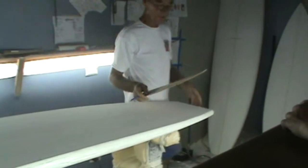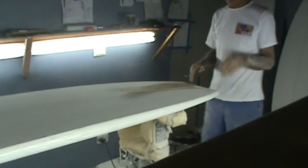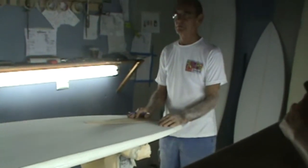Once a rounded pintail, there's a lot of conversation about the tail shape. There's all this other stuff that makes it a lot more difficult. People get in these big